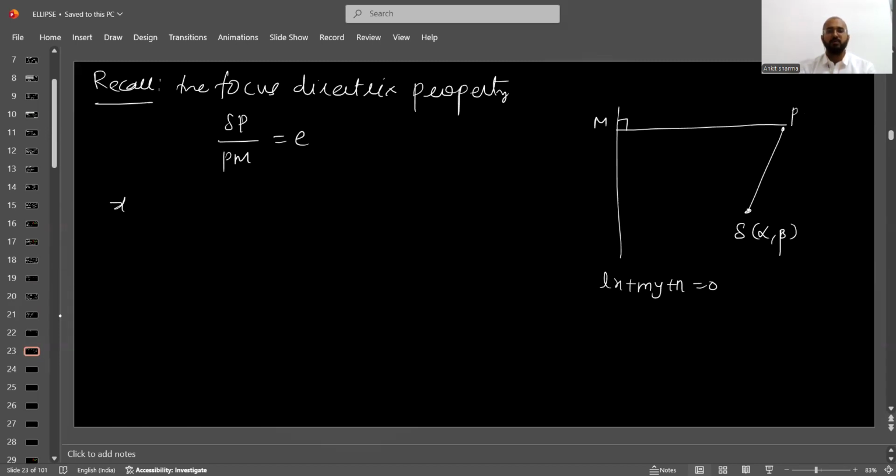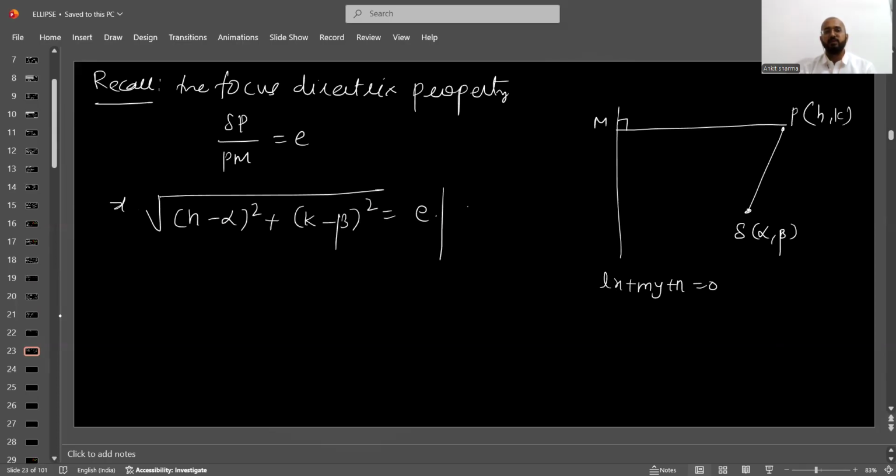So from here I'm going to get SP. P we can consider to be H comma K, because we need the locus. So one can start this way. That means I'm going to have square root of H minus alpha square plus K minus beta square is equal to eccentricity times PM. PM is going to be LH plus MK plus N over square root of L square plus M square. Now, upon simplification,